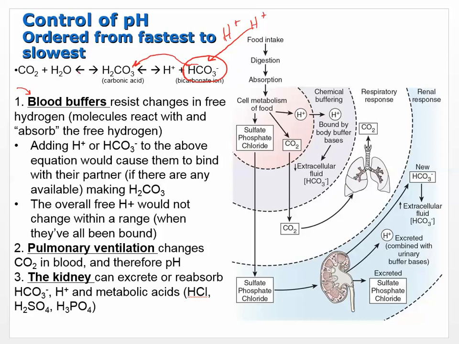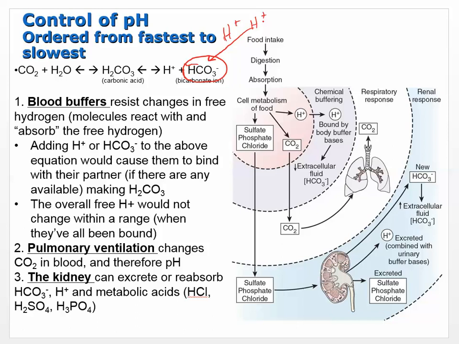And then I can just breathe a little faster and start dumping it this way. I can make this whole equation move in this direction if I want to. If I want to breathe faster and blow off this carbon dioxide, then I can just keep this equation moving in this direction. I kind of jumped into pulmonary ventilation, but in general, the blood buffers work by saying,